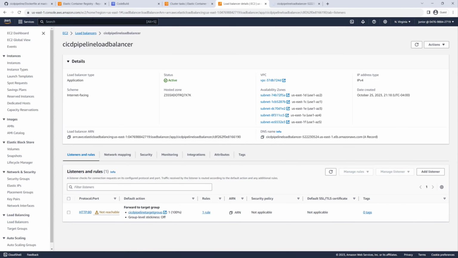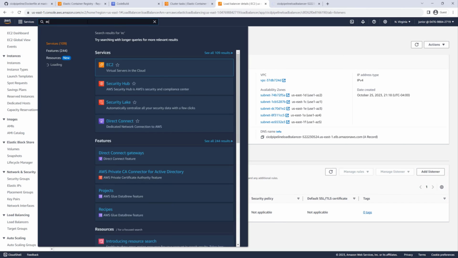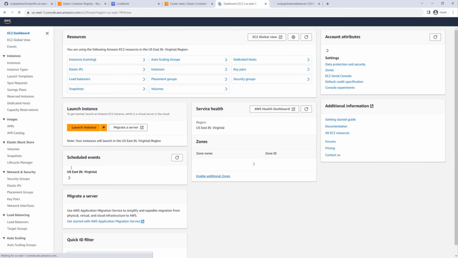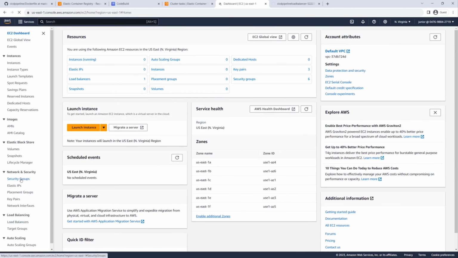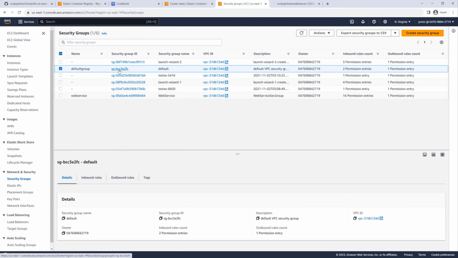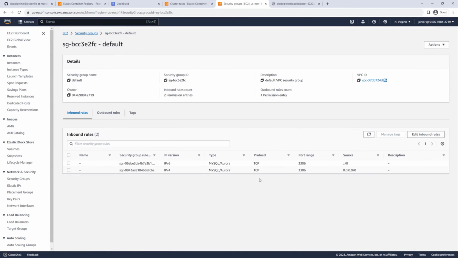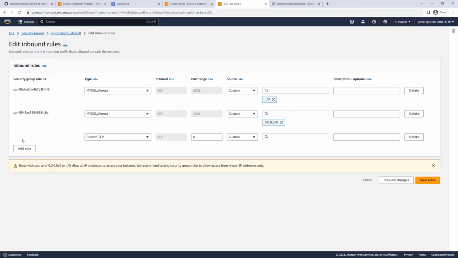So this one right here, actually I want to go to EC2, and I'm going to select that. And then I want to go to the security groups. So this one right here. I'm going to click on this one, the default one, and you can see it's only opening port 3306. Okay, so I'm going to click on edit inbound rule,